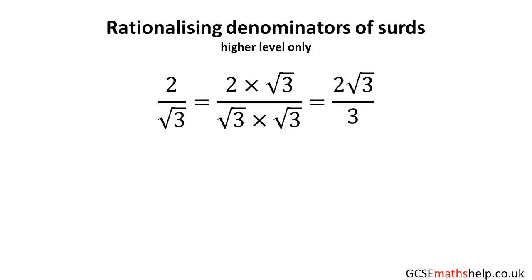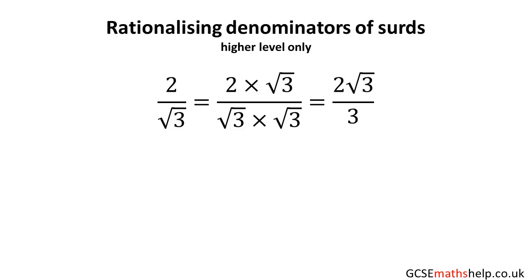This is now a rational number in the denominator. But because we've times by root 3 on the bottom, we need to times by the root 3 on the top as well, because this means overall we're timesing by 1, and so we have an equivalent fraction. There'll be more on fractions in future videos. Now we have 2 times root 3 is 2 root 3, root 3 times root 3 is just 3, and